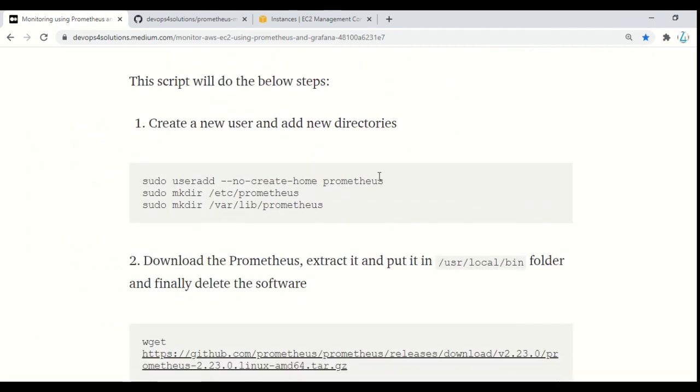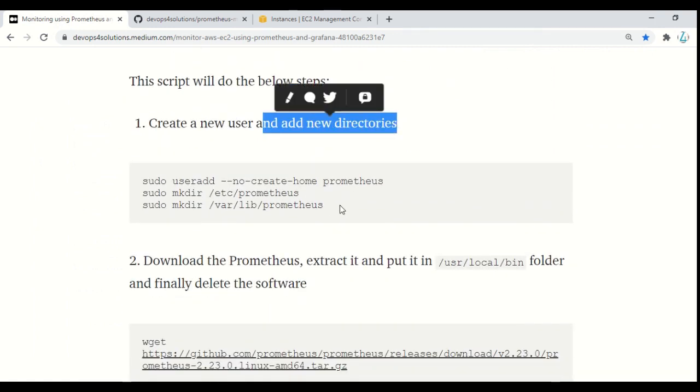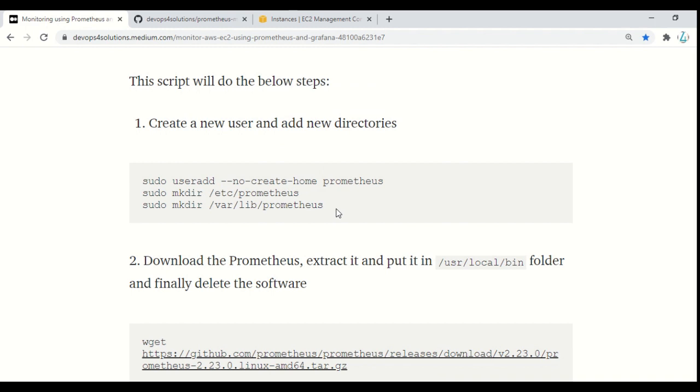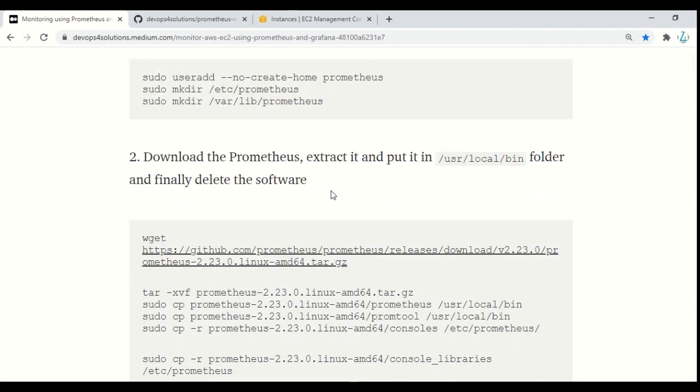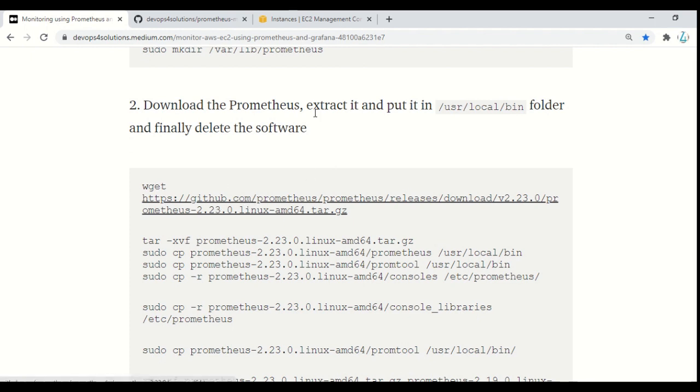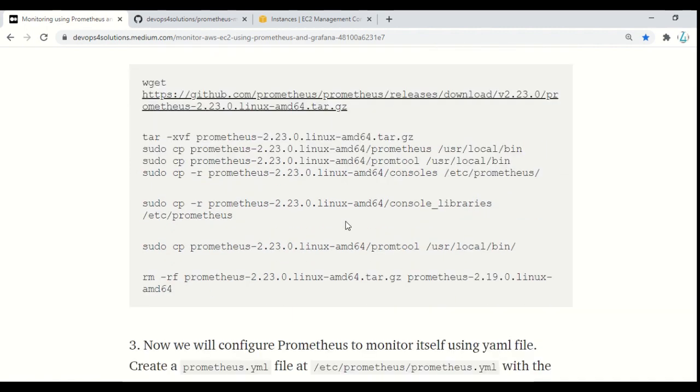First we will be creating a new user and adding new directories. Creating a new user is always a good practice rather than doing everything with the root user. Secondly, I am downloading Prometheus using wget commands. I am extracting it and putting it in the user local bin folders. And finally, we'll just delete the downloaded software from the machine.